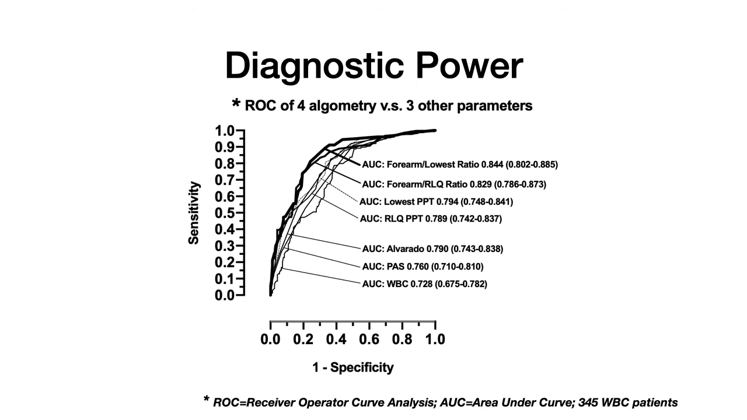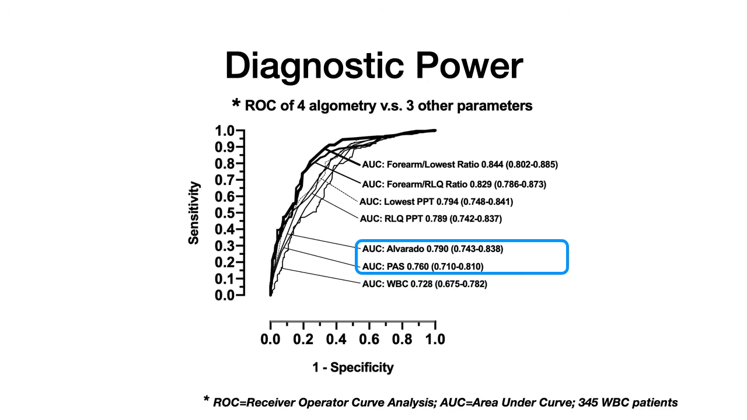Next, diagnostic power of tests. This is a standard way of comparing diagnostic tests by looking at the area under the curve. The further to the left the curve, the greater the area under the curve, the higher the diagnostic test. We looked at 345 patients where we had white counts so that we could do a comparison. The first was to look at just the predictive power of the white count, and the area under the curve was 0.728,